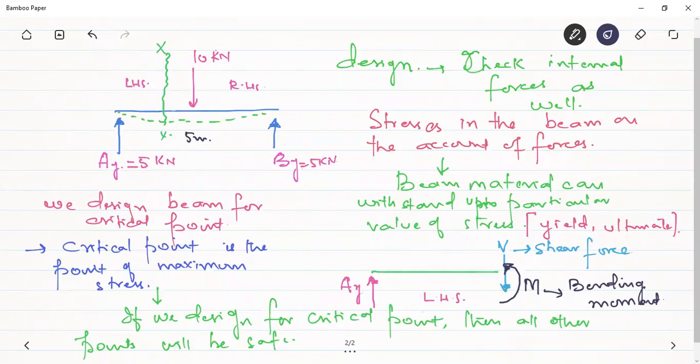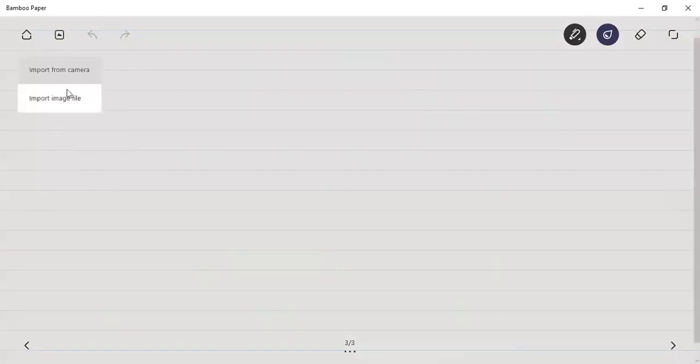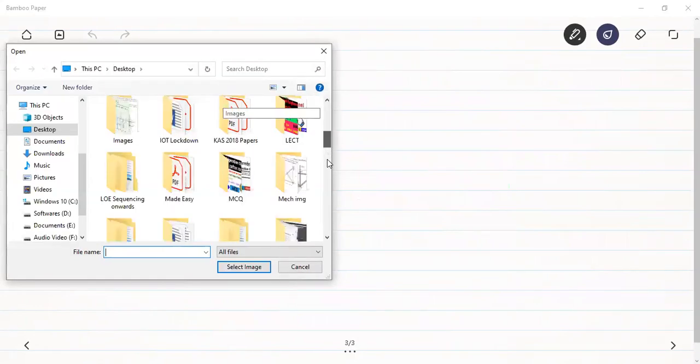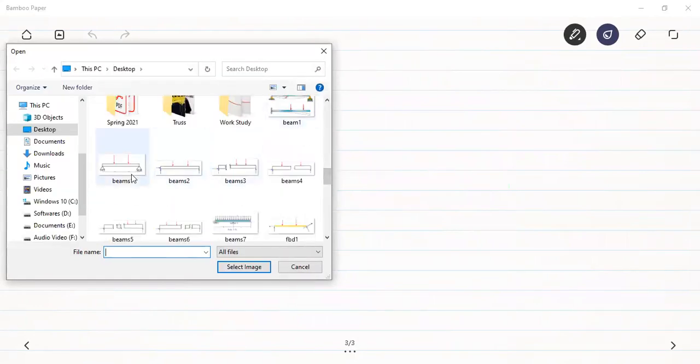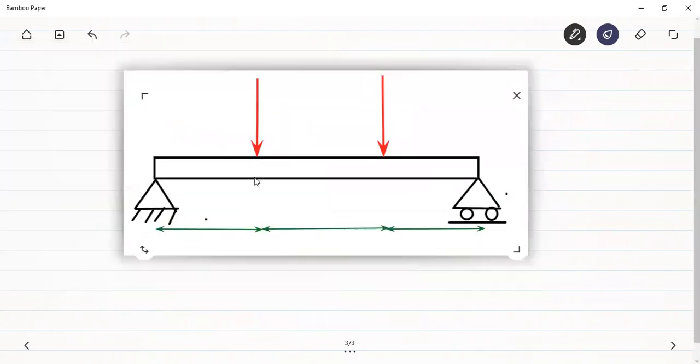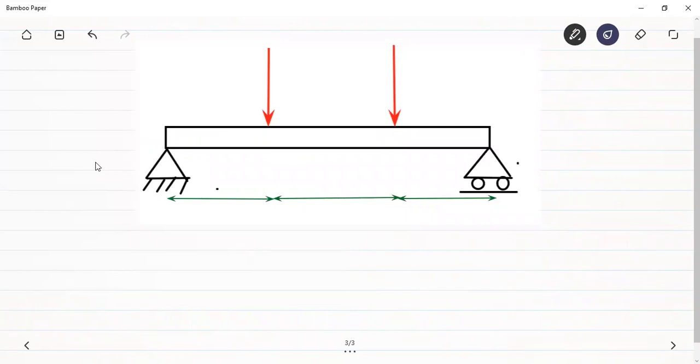So today I will only focus on the shear force. Let's take an example of how we find the shear force and what are the various sign conventions that we have to take. This is a beam. Suppose there is a 100 Newton load acting here, and another 100 Newton load acting here. Suppose this distance is equal to 1 meter. First of all, we will see how we calculate the shear force.